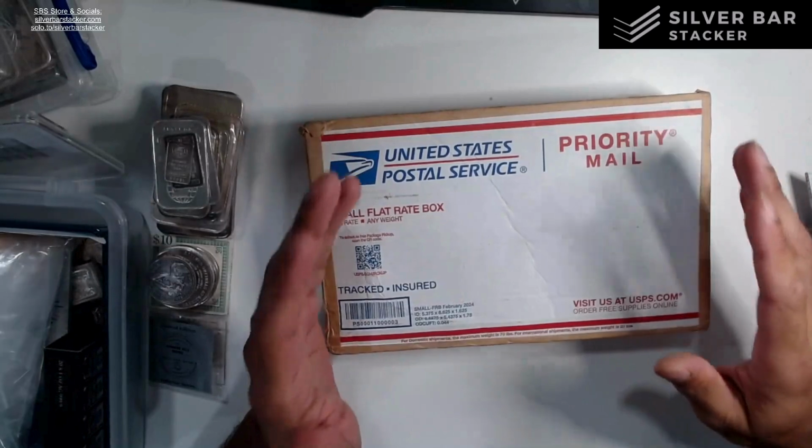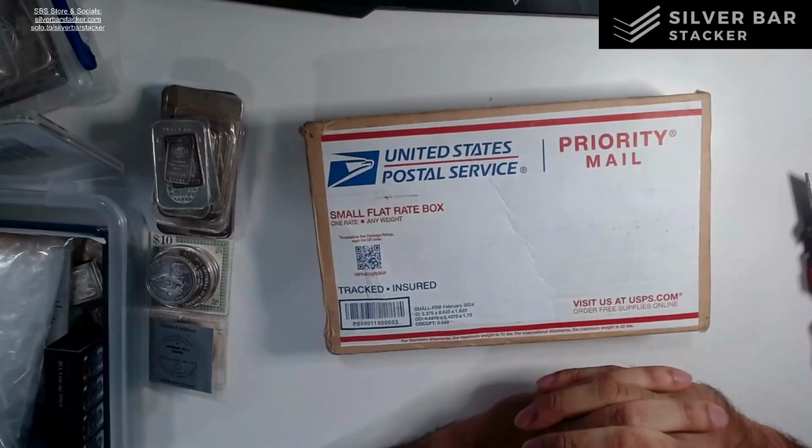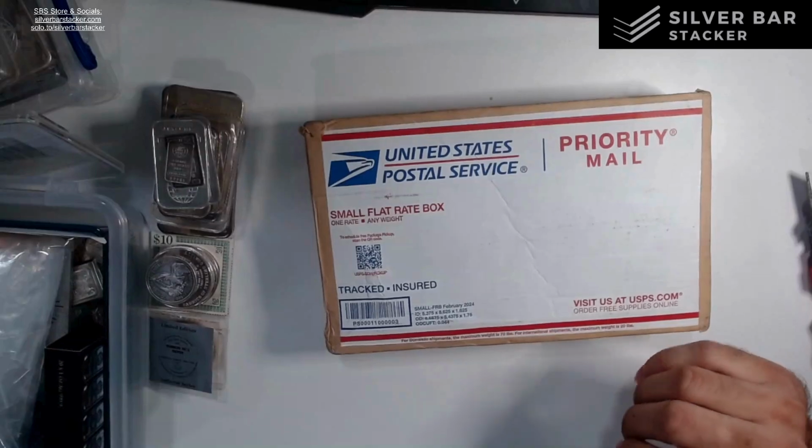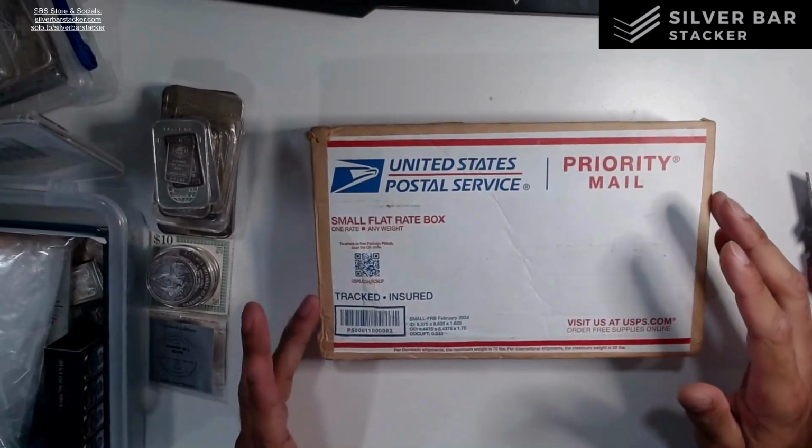Now, if anybody has ever sent or received anything with registered mail, they know that it's a highly secured way of sending things, and so it does take quite a while, as it's quite a manual process. So I'm glad it finally got its way to me, and this is a package that I'm eagerly awaiting because